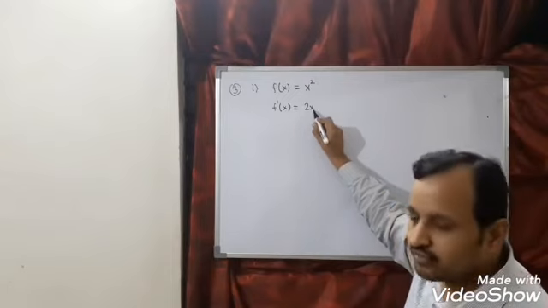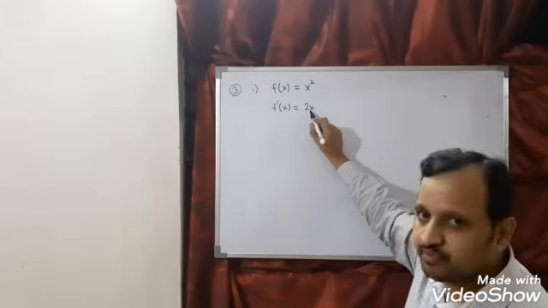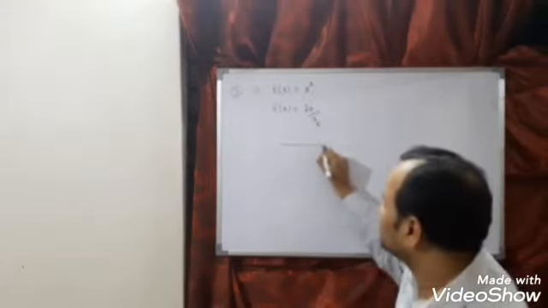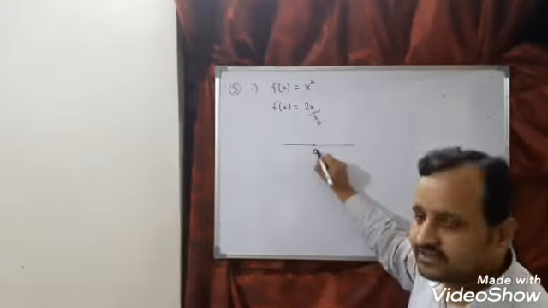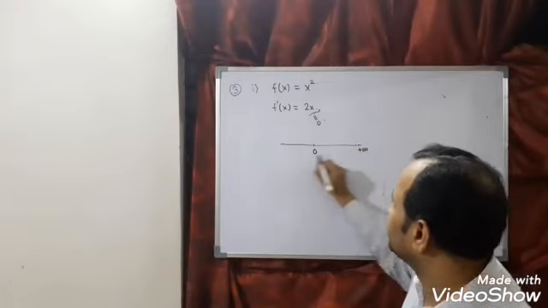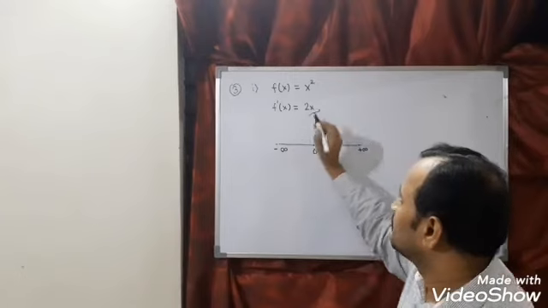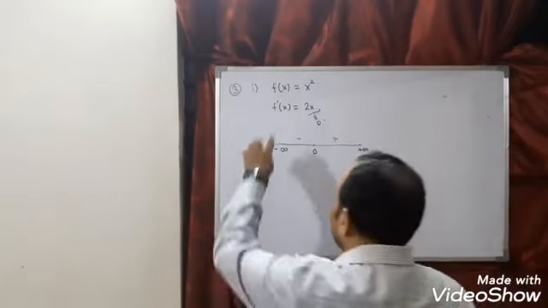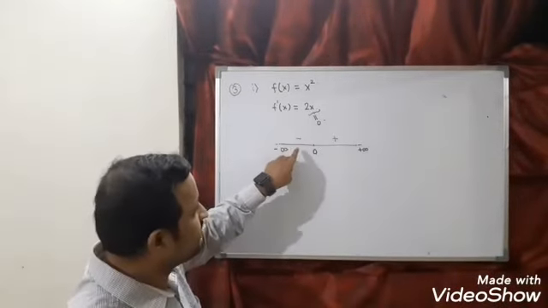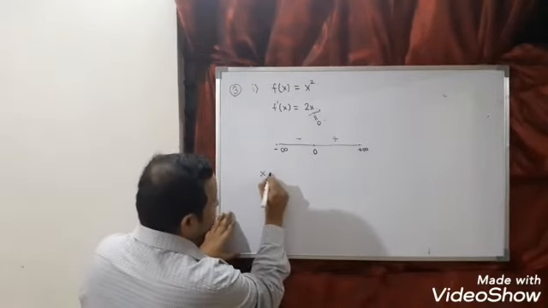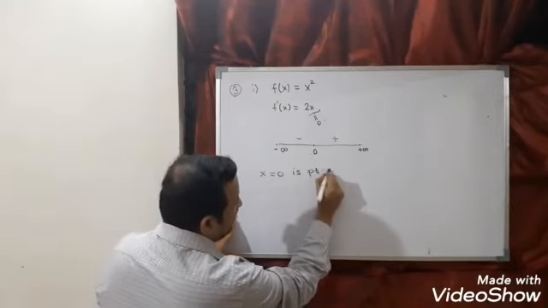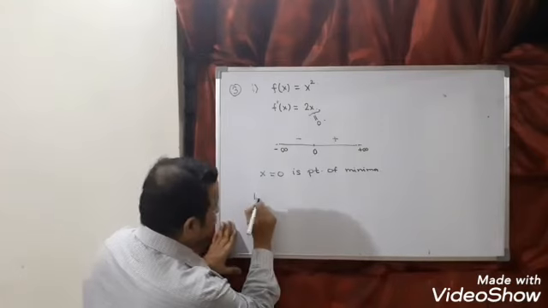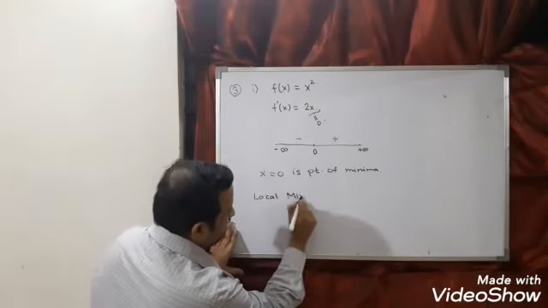Second step, break it into linear factors. Coefficient of x is positive. Critical point, for what value will this become 0? I can say 0. Plot all the critical points on the number line in increasing order. So 0 will come here, plus infinity here and minus infinity here. What is the outside sign? Plus. So plus will come here and here I can say minus. F dash x changes its sign from negative to positive. So x is equal to 0 is the point of minima. Yes or no?